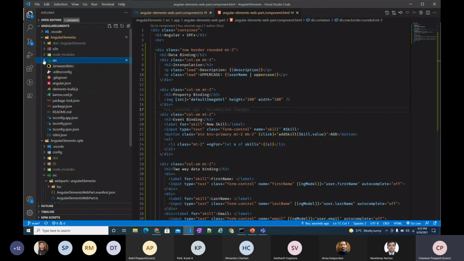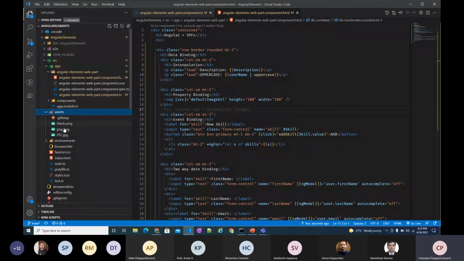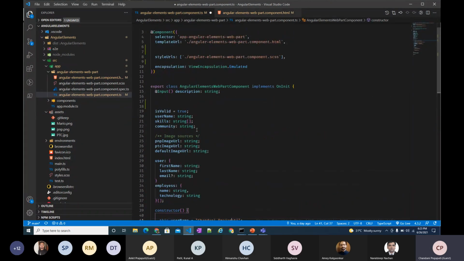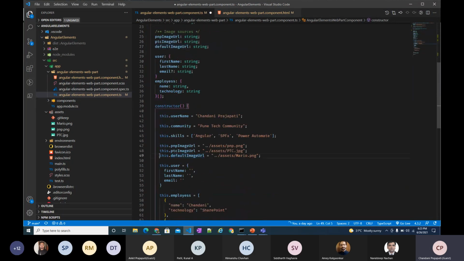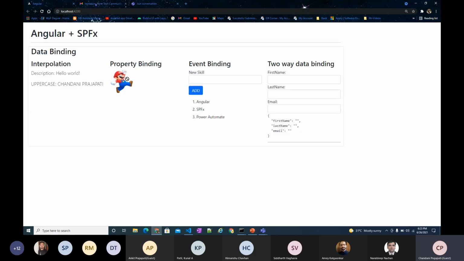I already have added some images in these assets and I just want to show the image using property binding. So in Angular we can bind the property using this square bracket. This default image URL is coming from here. There is one variable defaultImageUrl and I have set it from assets mario.png. So it will render the image. So it is a property binding.